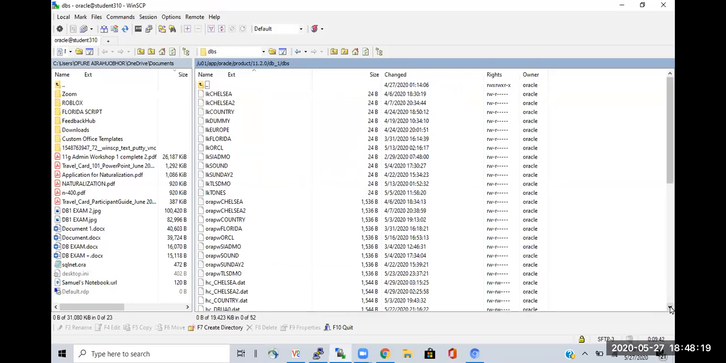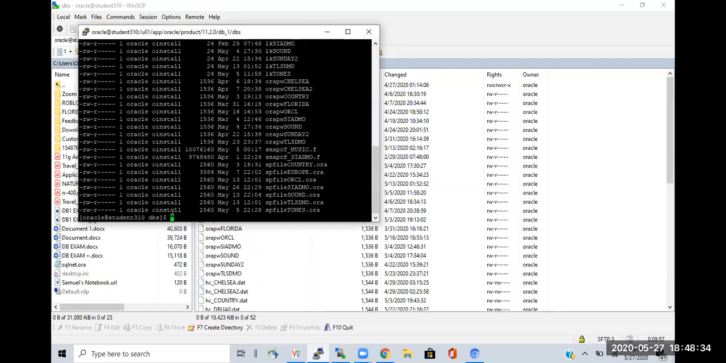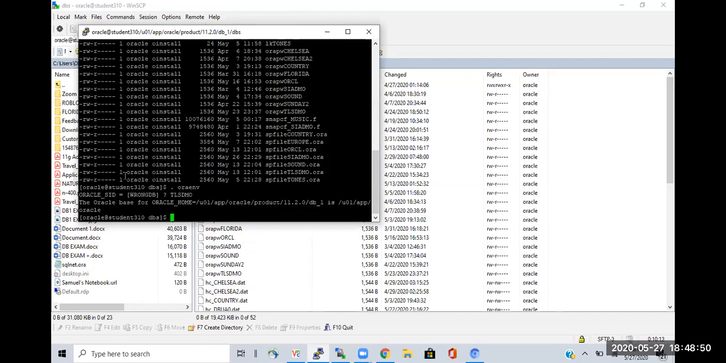Can you connect to one of your databases, TLSDMO, on WinSCP? Yes. Leave that part open. And can you connect? Yes. Connect to regular SQL. SQL? Yes. SQL Plus